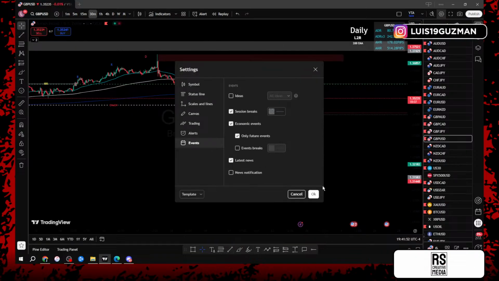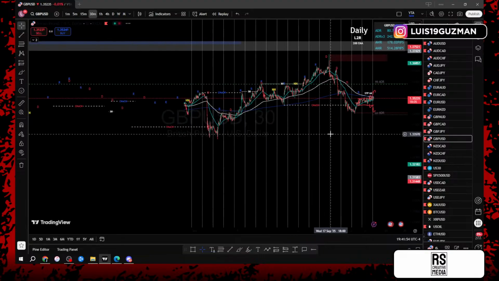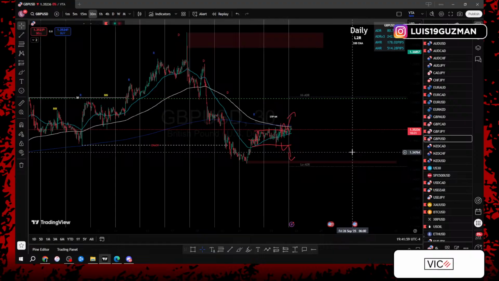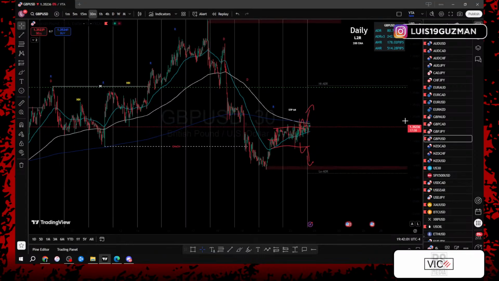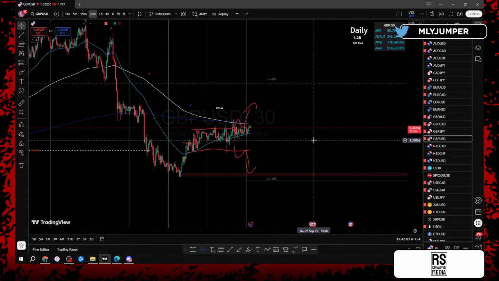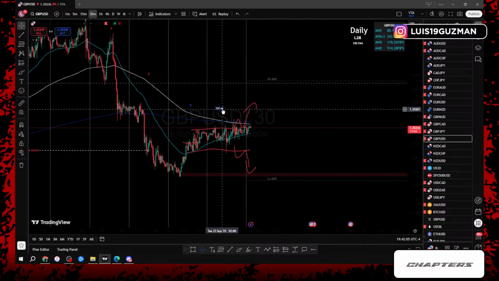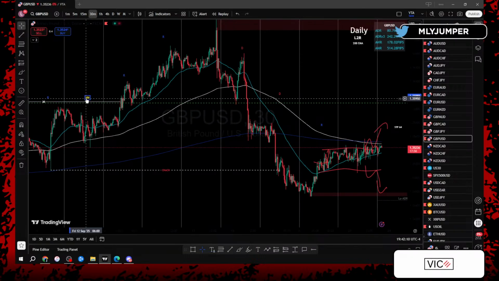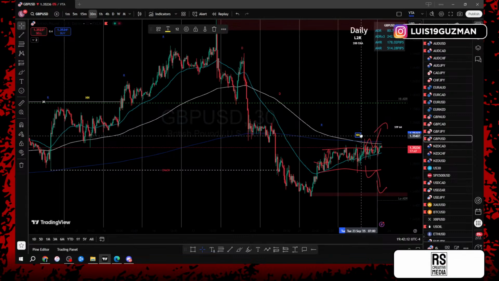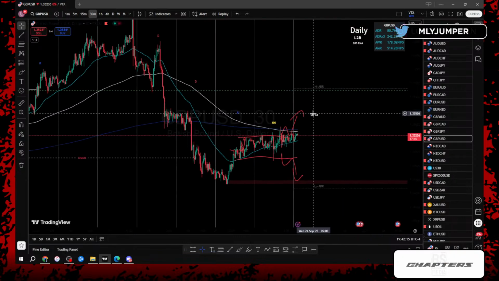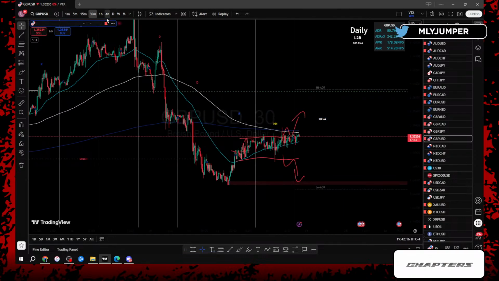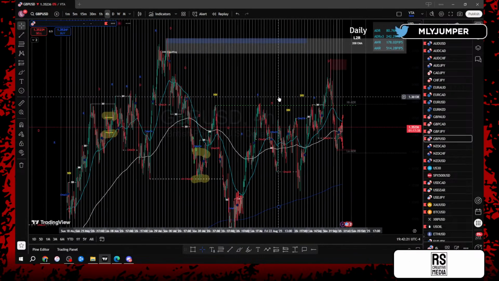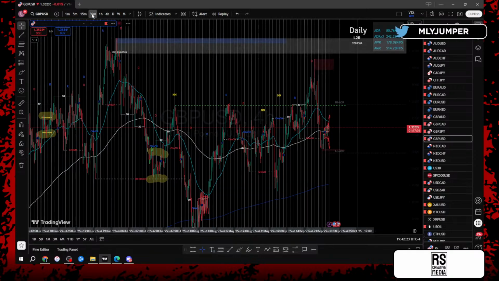Price a few days ago gave us a change of character back down to the bottom, and we could see how price started reacting after that. For example, today we zoom in. Price gave us a day of no nut today. Absolutely no movement. So we'll wait it out. We have no continuations on the 4-hour, nothing on the daily time frame. Again, price just kind of moving sideways here.